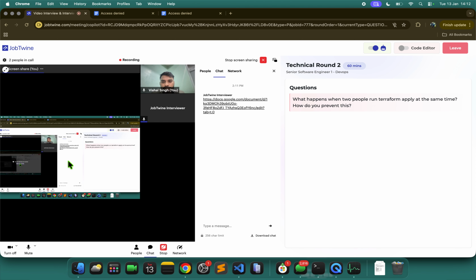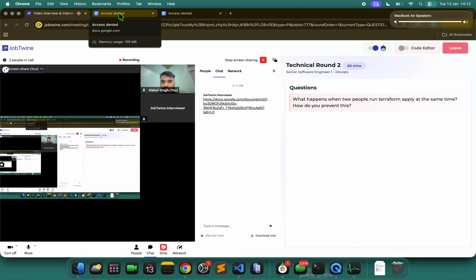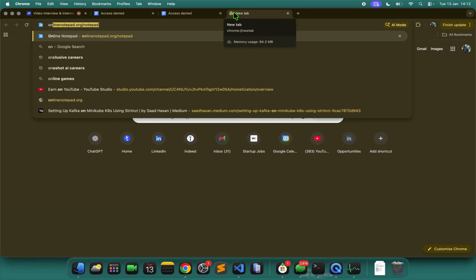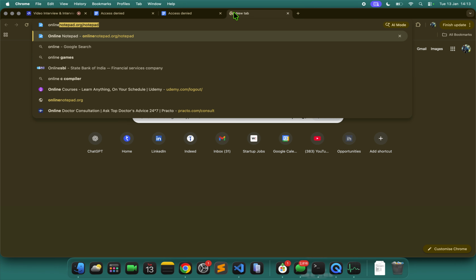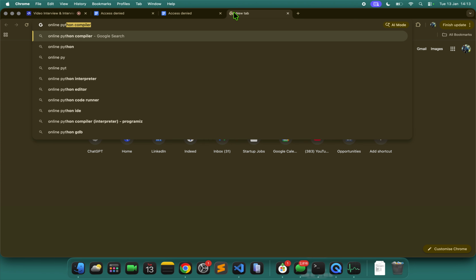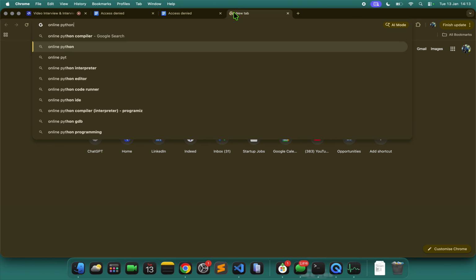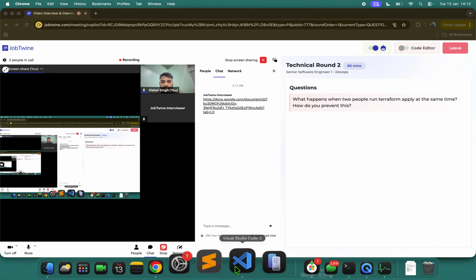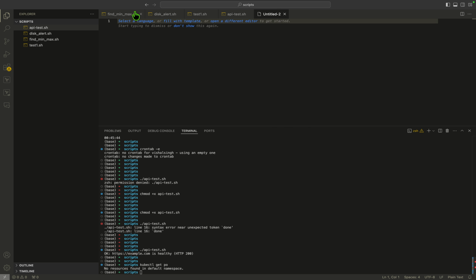Let's not use this, you can use any online editor. Your voice is breaking. For Python or Bash? Python. Okay, I have VS Code, I can use it here as well.